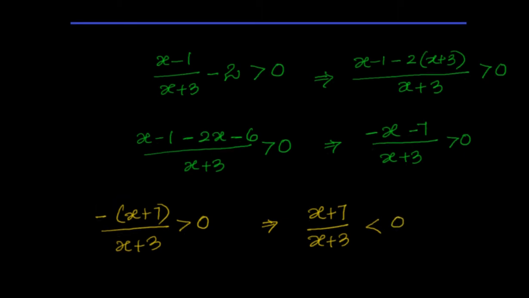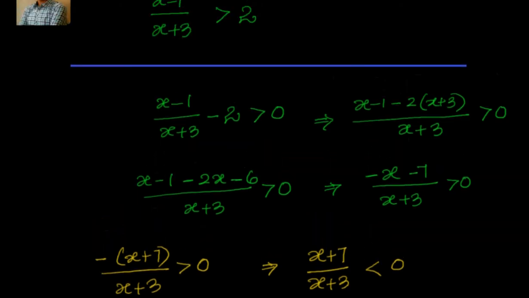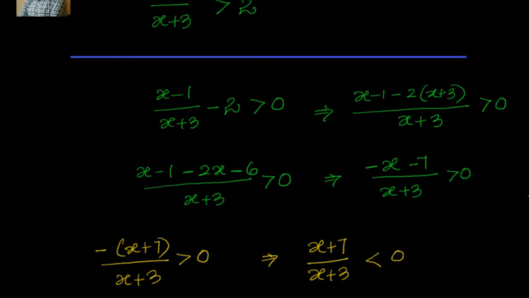Now once you come to this format where (ax plus b) by (cx plus d) is greater than, less than, greater than or equal to, less than or equal to, whatever the sign may be, and you have 0 on the right hand side, that means this whole expression should be negative. You have to find all the values which will make this negative. There are two cases: either the numerator can be negative and the denominator positive, or the numerator positive and the denominator negative. You can approach it that way too. There are so many ways, okay?